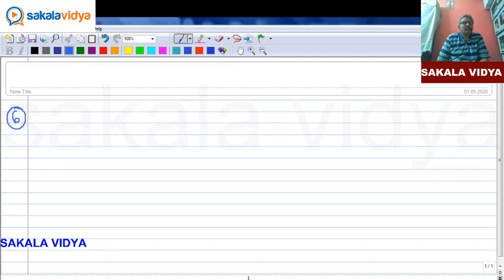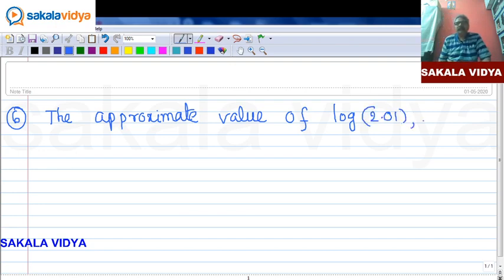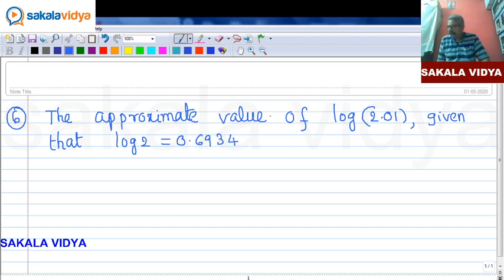Now the sixth question: the approximate value of log of 2.01, given that log 2, this is to the base e, is 0.6934, is